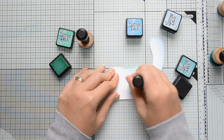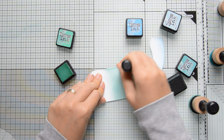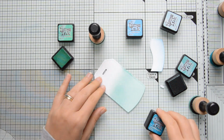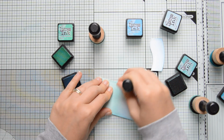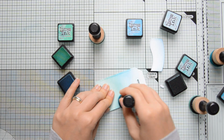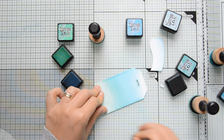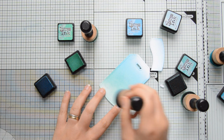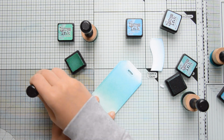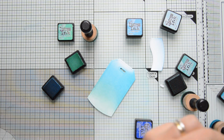This will be the sky. As always, I like creating small scenes on my cards. Even if this is not a full scene card, I still had to create a little scene on this tag. So I'm going to blend Cracked Pistachio, Evergreen Bow, Mermaid Lagoon and Blueprint Sketch, starting with the lightest ink, which is Cracked Pistachio at the bottom, and then blending my way towards the top to finish everything up with Blueprint